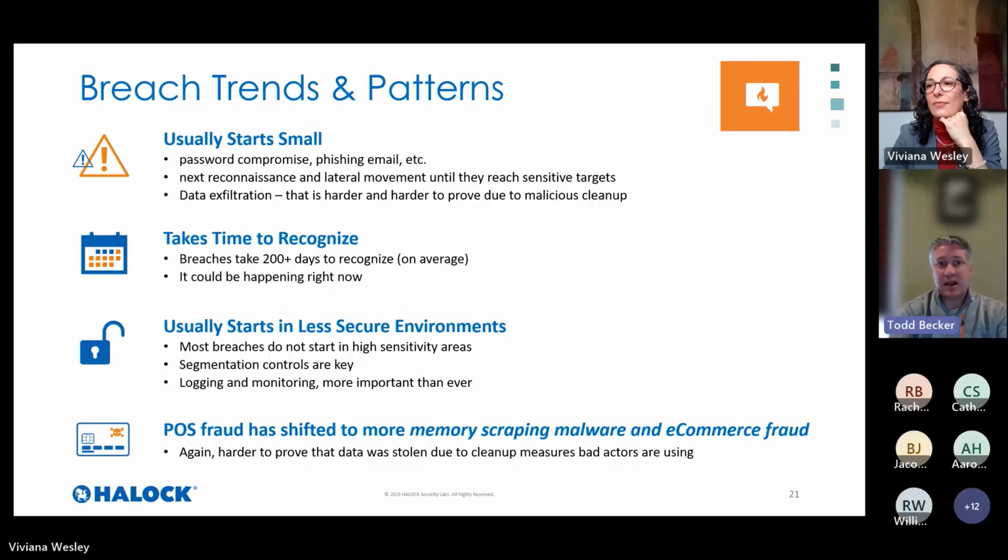Where certainly HALOCK from a QSA point of view for years has been telling our clients that are validating with an e-commerce environment that has a lesser stringent set of requirements like an SAQ A or an A-EP, and recommending that our clients still do penetration testing and vulnerability scanning of their environment that maybe is just handing off to a third party, right? If you have a redirect or an embedded iframe to a third party, PCI in the version